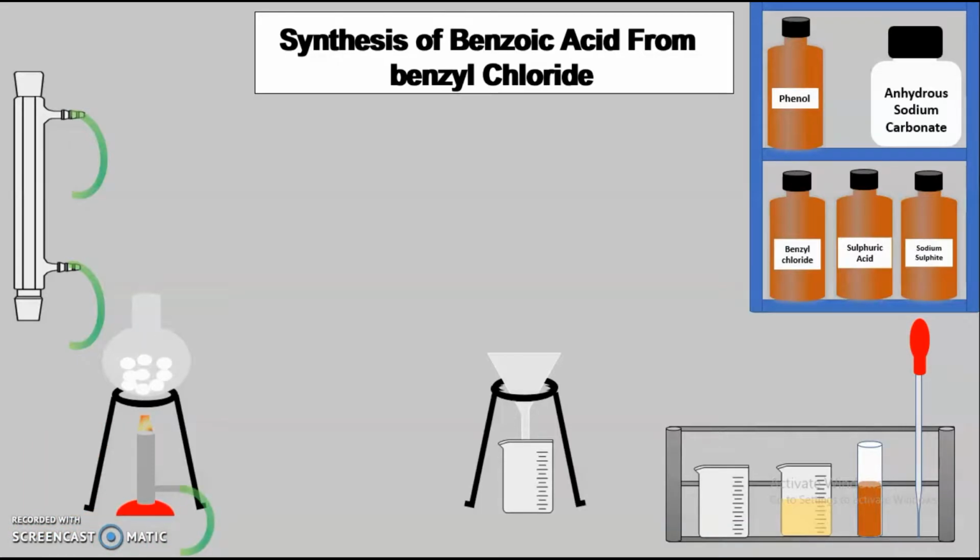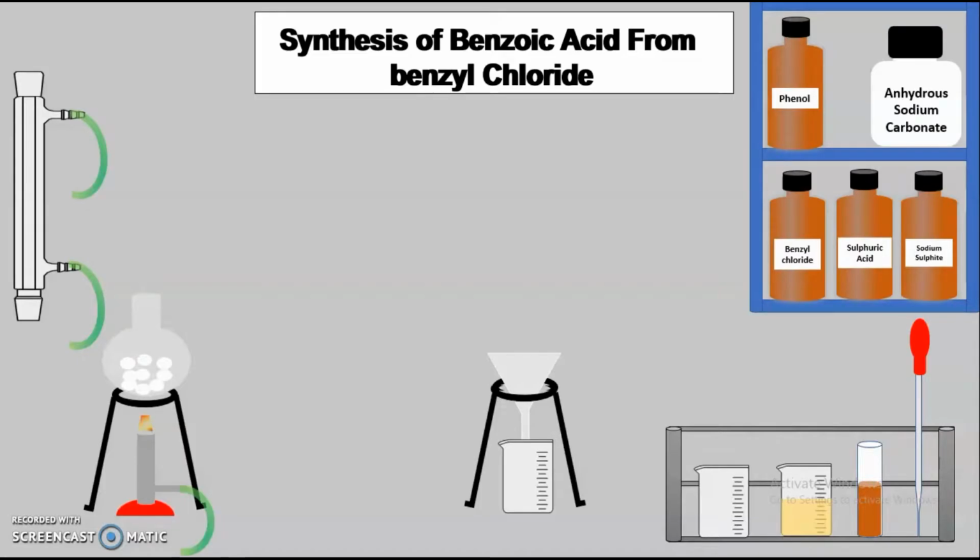Now we know that we are going to select a recrystallization solvent in such a way that the compound will be soluble in hot condition and it will be insoluble in the cold condition, so that this benzoic acid is soluble in hot water or boiling water and it is insoluble in the cold water condition. So in the initial phase, when our solution is in cold condition, whatever soluble impurities are there, these soluble impurities will be dissolved in the water.